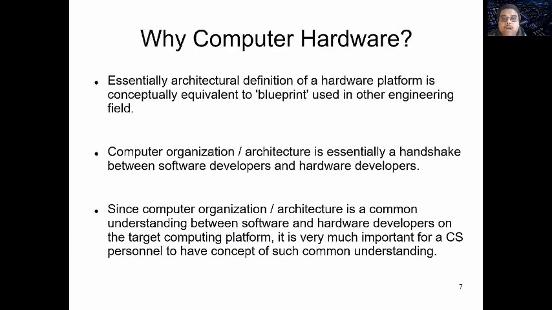Now, what is this study? As a computer architecture study, from this organization study, you will be moving towards the architectural study. This is essentially the definition of a hardware platform, equivalent to a blueprint concept used in other engineering fields, like mechanical engineering, civil engineering or architecture, where you basically design an empty space with combining different architectural components like arithmetic logic unit, like bus arbitrator, like memory driver and all this stuff,